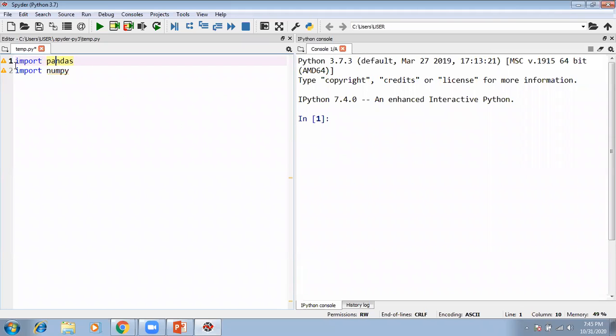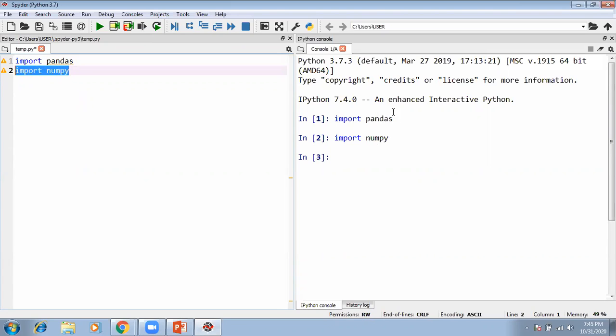And how do you execute that? Either you click on the line somewhere and click on this execution button, or the keyboard shortcut is pressing F9. If you click anywhere in this line and press F9, then the entire line will get executed. If I select a portion of the line and press F9, only that portion will get executed. So these two things you should always import first. This will add lots of capacities.